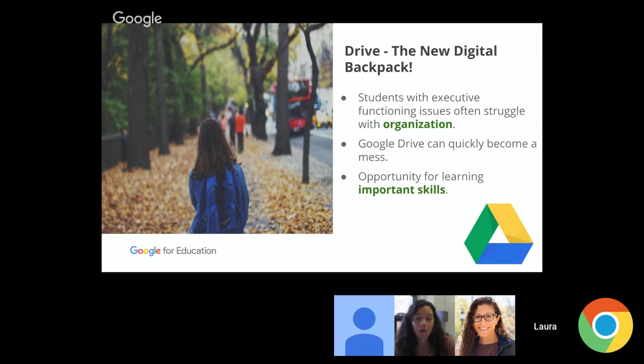And we all know that we have students whose backpacks can be kind of a mess. Those executive functioning skills, they're really struggling with how to organize their materials. So their Google Drive has really become their digital backpack, and it can also become a mess. So looking at different ways to bring into the classroom those same skills, but in order to maintain organization for